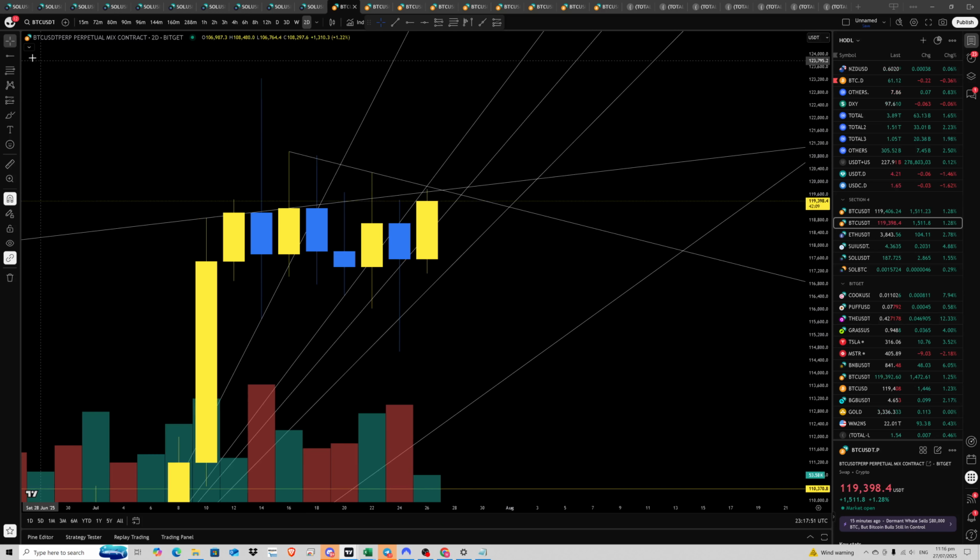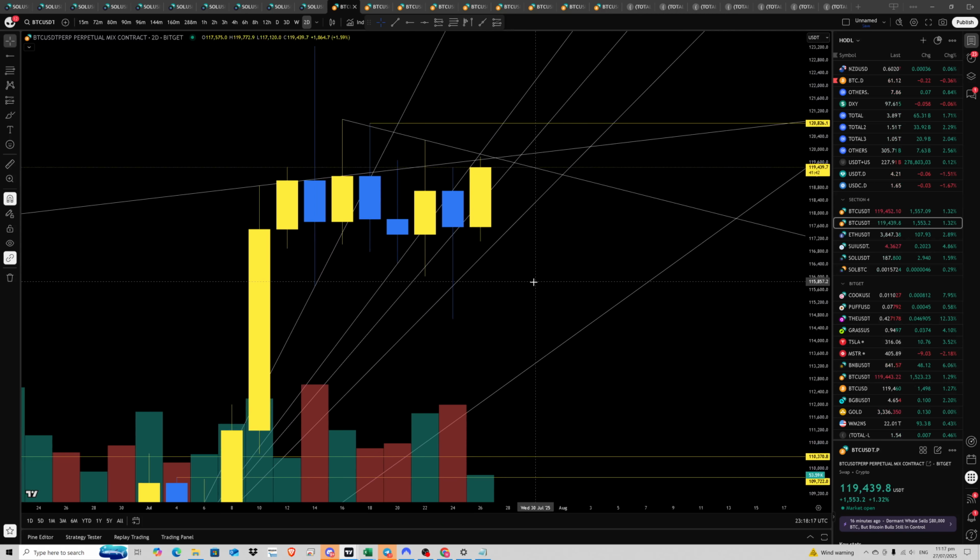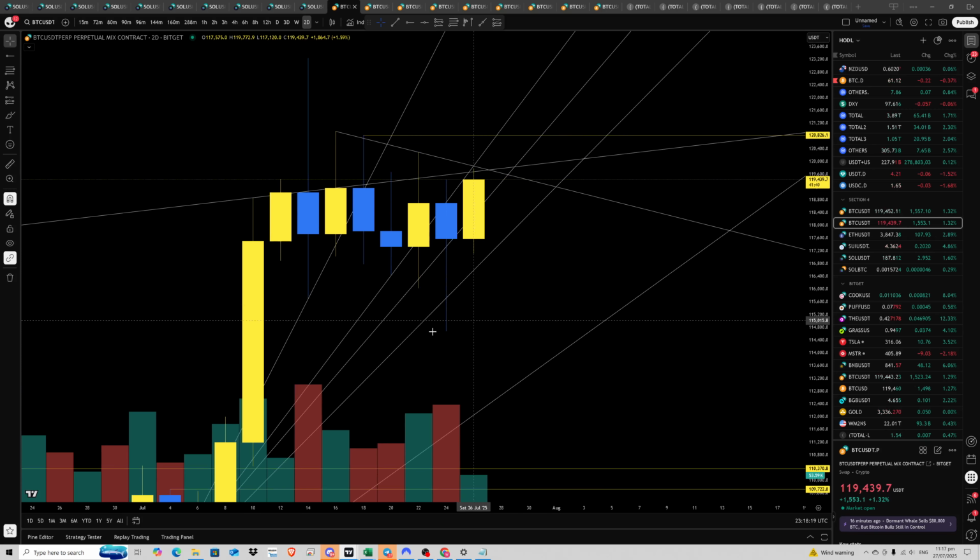So this time frame is really still in distribution. That's the break level for distribution there. And unless it closes over that, this is all just sideways. So that's the accumulation range coming up there. And you got sideways, sideways, flip to distribution, sideways, sideways, sideways. So yeah, from a short-term perspective, that time frame is not really that great, especially because you've got